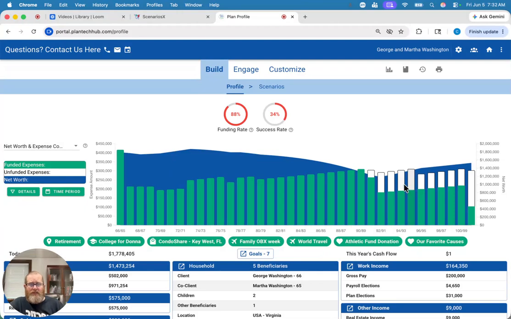The green represents 88%. So this represents our funding rate: out of every dollar we needed, we got 88 cents. The metric is running a Monte Carlo simulation, and that's a success rate at 34% probability of success. Now, going back to graphs, the very first thing I like to point out is that the graphs are interactive to a degree,